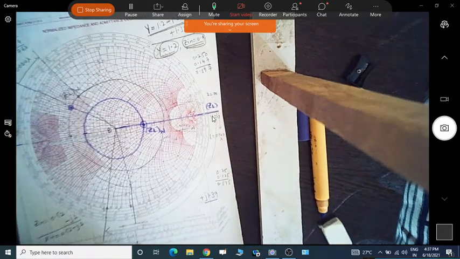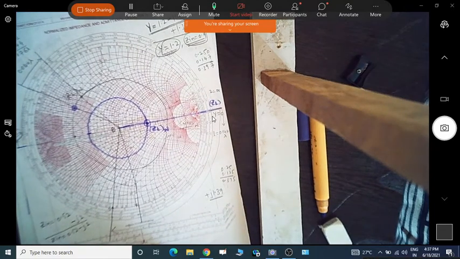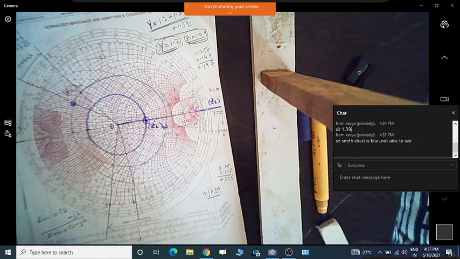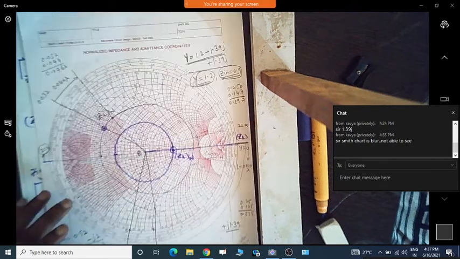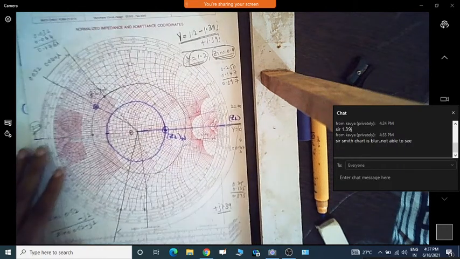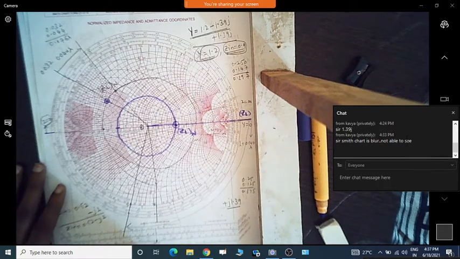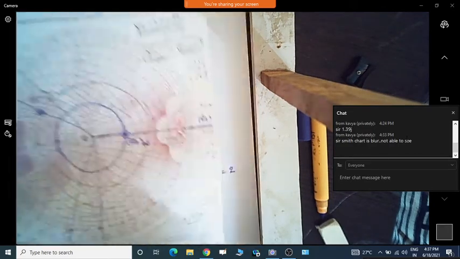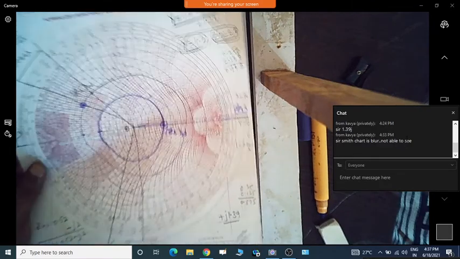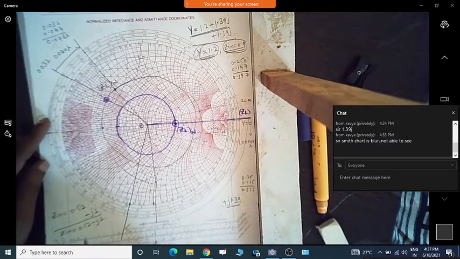Excuse me, sir. Yeah. Sir, your voice is not audible and the Smith chart is also not clearly visible, sir. The Smith chart, because the height of the camera is that much only. I can't reduce that because the setup is done at that height. So what can we do for this? Since both the charts are available, I cannot put it like this, and I cannot zoom. What can we do for this?